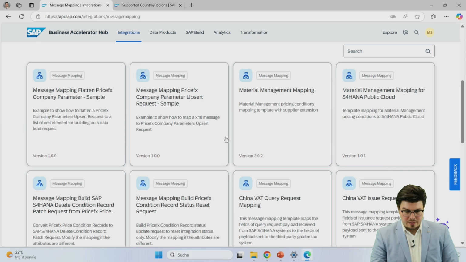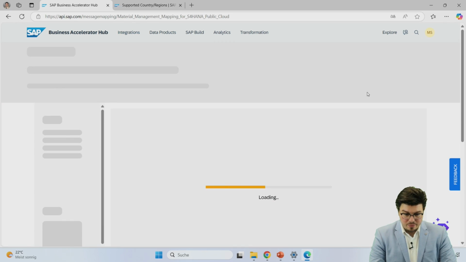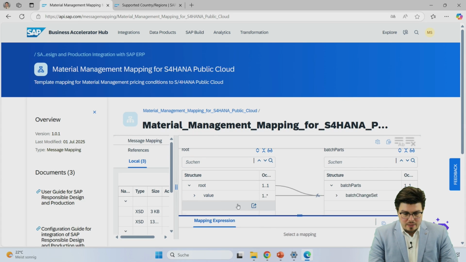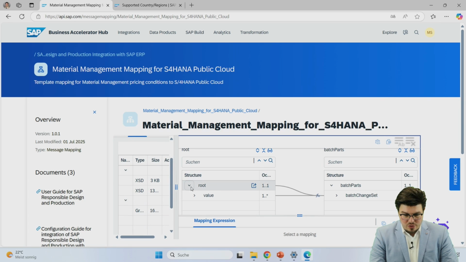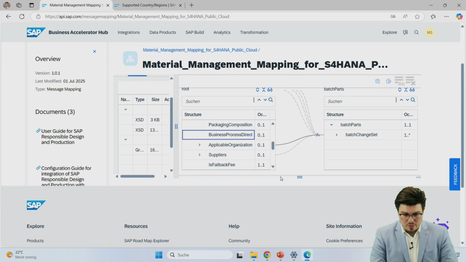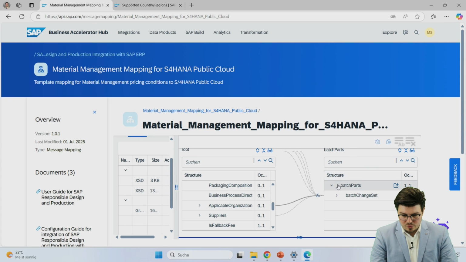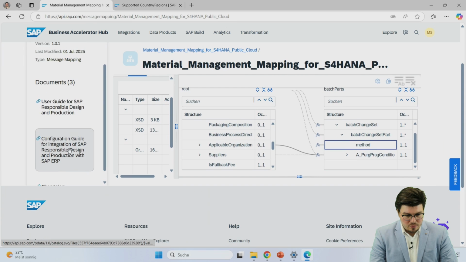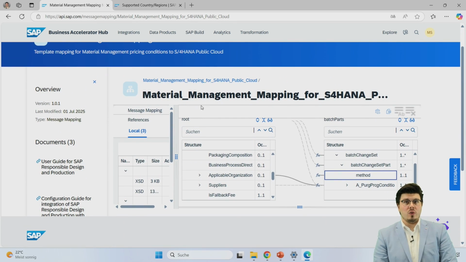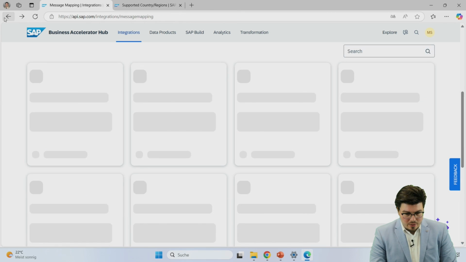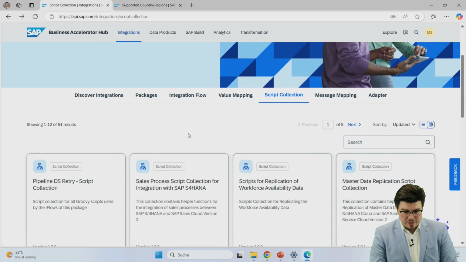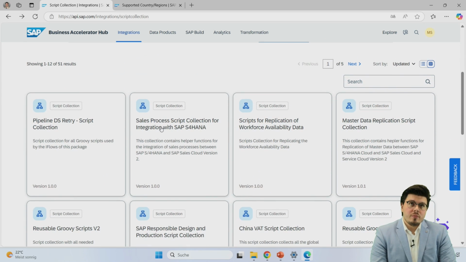So, and then for the message mapping, for example, this is also very interesting. You have also for S/4HANA, for example, your material management mapping already available. Let's say you want to use that. And by using XSD, so schema definitions, you have all fields that come from S/4 and can then be mapped towards, so this is S/4HANA public cloud, and this goes to batch change set. I would have to read through the details. However, as mentioned, you already have not only the integrations itself, but also the structured schema information available, and also things like script collections for Groovy Script. If you have special cases or want to use best practices, they are already there for you to directly use rather than you having to